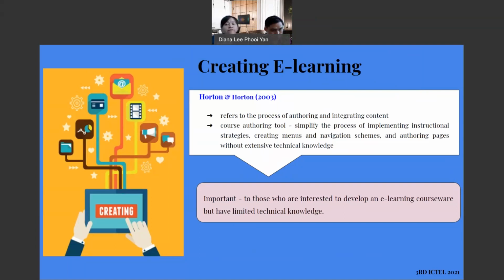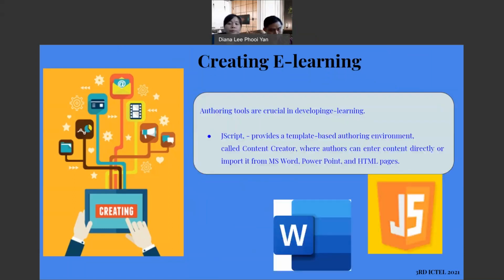This tool simplifies the process of implementing instructional strategies, creating menus and navigation schemes, and authoring pages without extensive technical knowledge. This is important, especially for those who are interested in developing e-learning courseware but have limited technical knowledge. Therefore, authoring tools are crucial in developing e-learning.